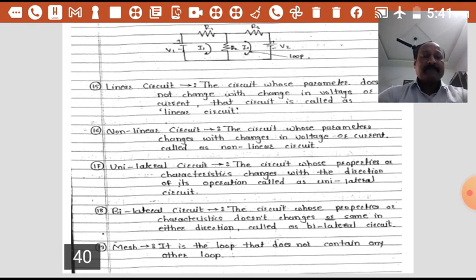So by using all the definitions and their relations, we have to solve some numericals on this electrical circuit in the next lecture. Before that you have to revise all these three lectures, as well as prepare the notes by using these PPTs. After revising these notes, you will be able to solve numericals which have different parameters in the electrical circuit. Those numericals we will see in the next lecture.